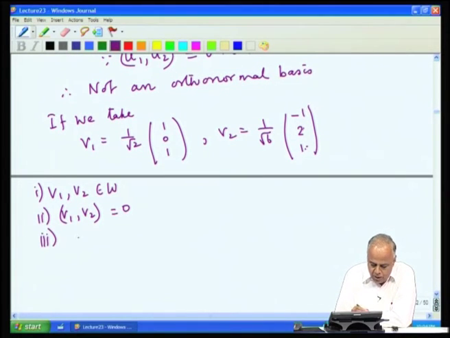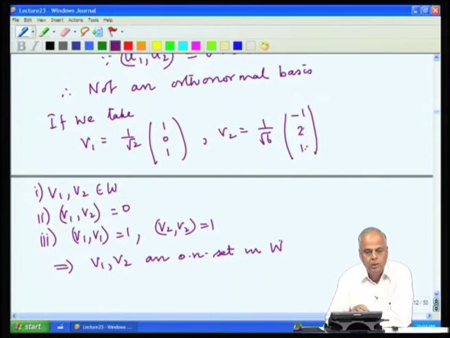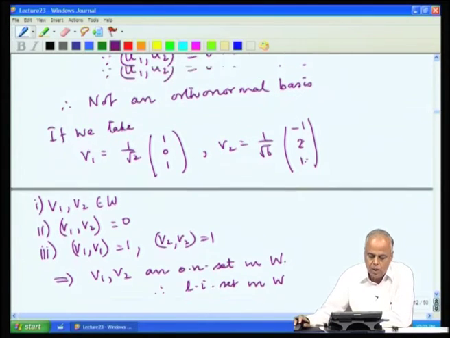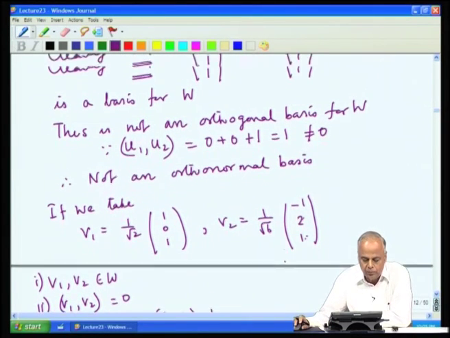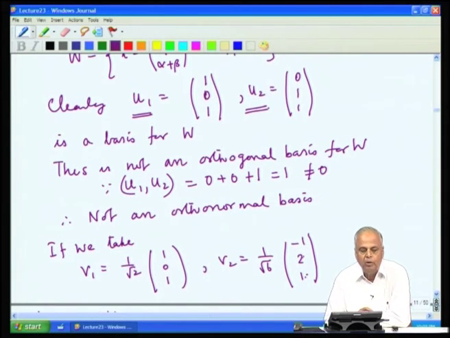Thirdly, we observe that the length of v 1 is 1 and the length of v 2 is 1, and therefore, v 1, v 2 is an orthonormal set in W, and therefore, a linearly independent set in W. Since u 1, u 2 is a basis for W, as we have seen,